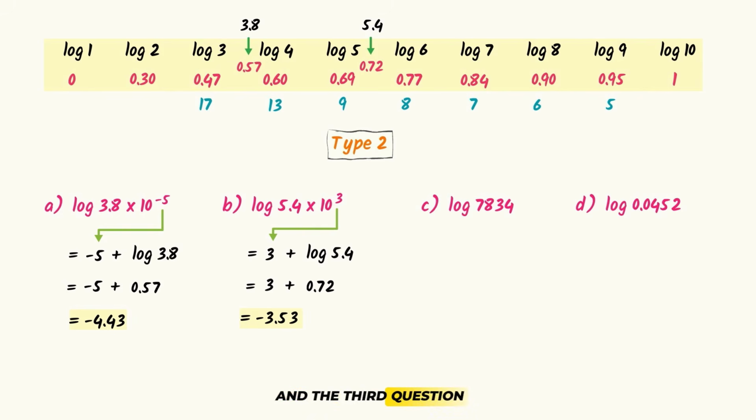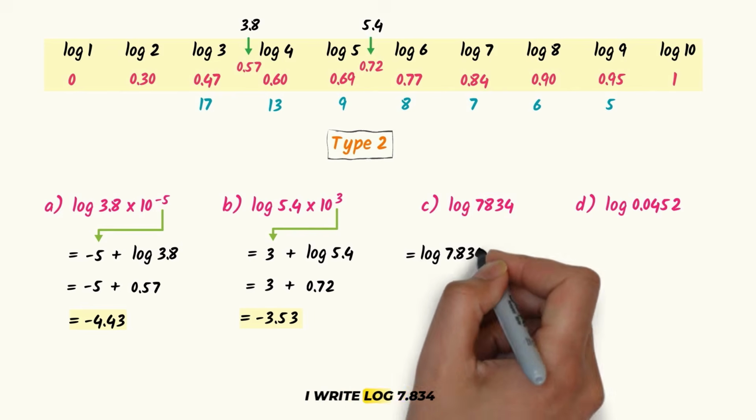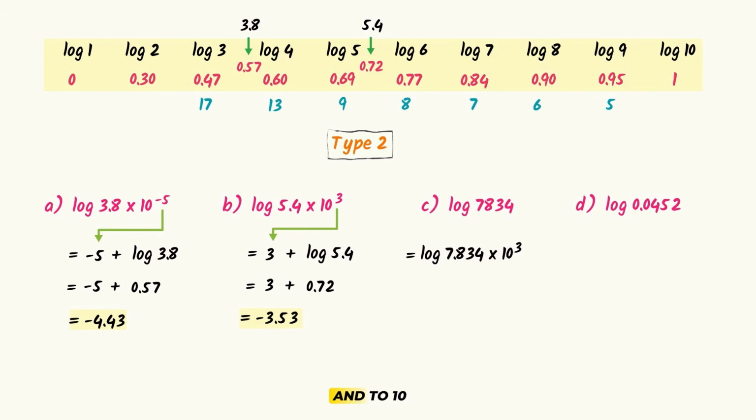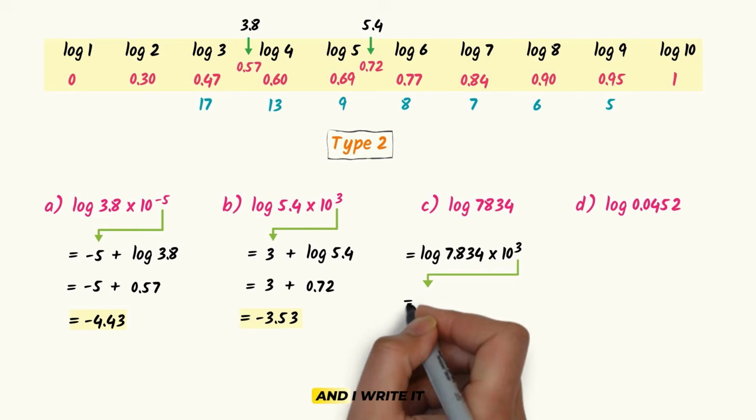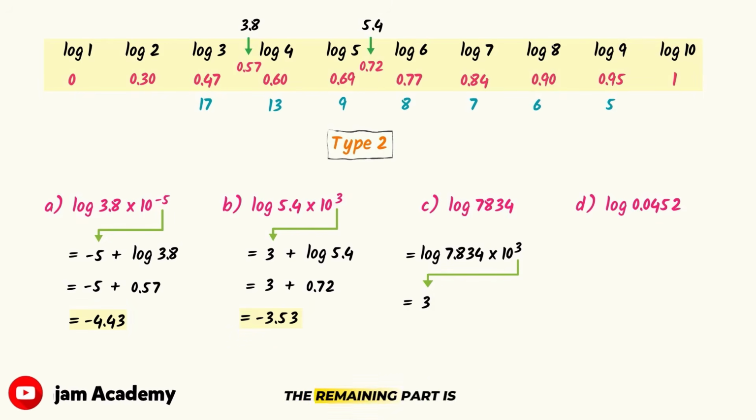And the third question, this is a 4 digit number. In such types of questions, we convert it to scientific notation. I write log 7.834 into 10 raised to the power 3. As usual, I take this 3 and I write it here. The remaining part is log